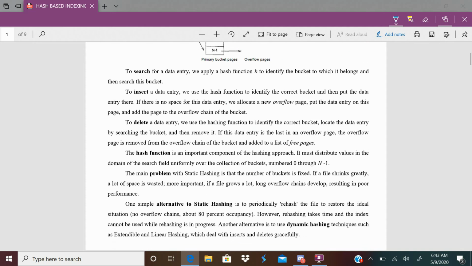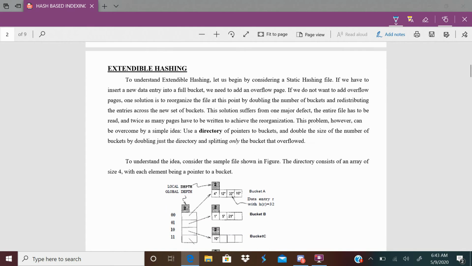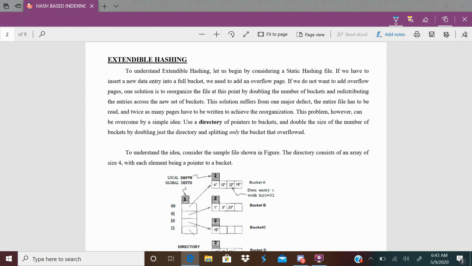How to resolve the problem? It is resolved by using rehashing or double hashing. But rehashing and double hashing again had the problem of redistributing the contents of the index. Now this problem is avoided by using extendable hashing, which is a dynamic hashing technique.